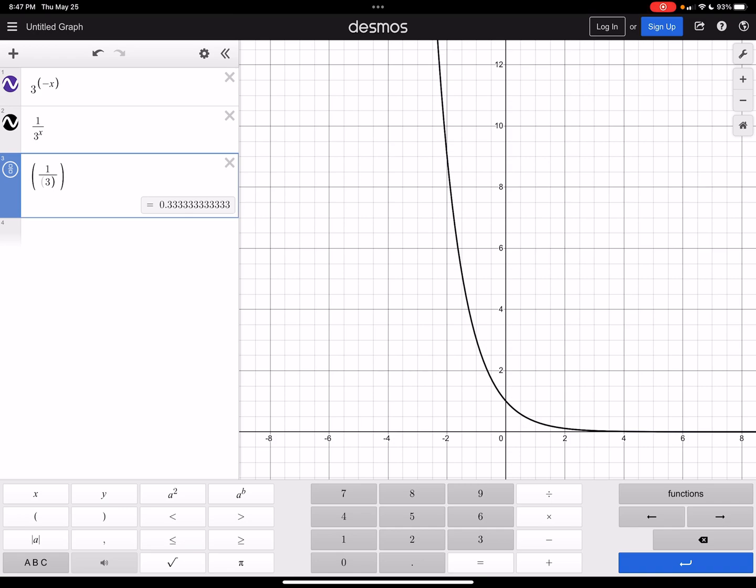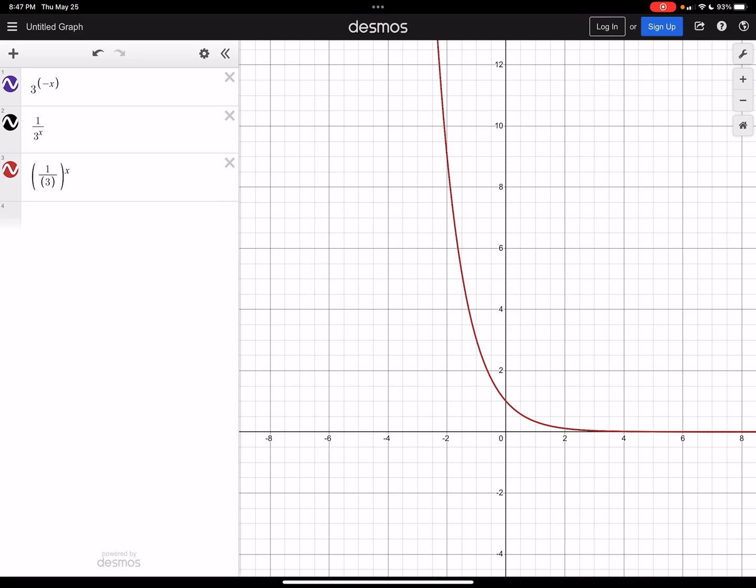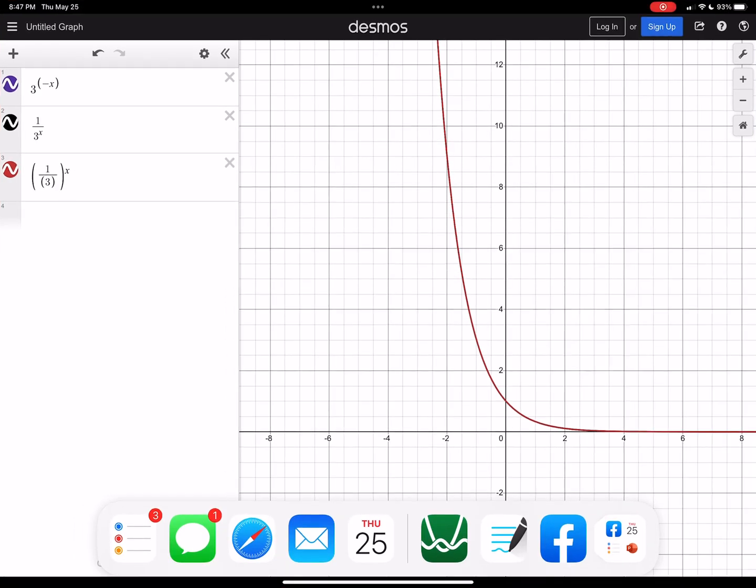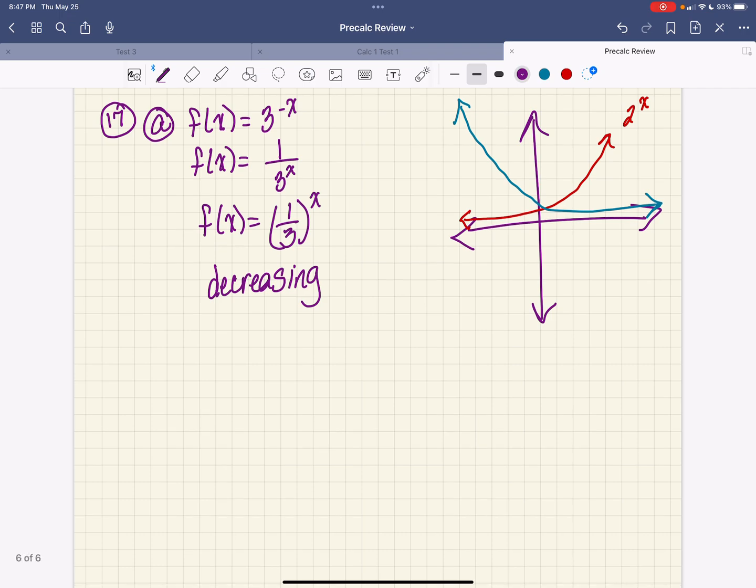There we go. Let's see if that works. I may have to get rid of that. There we go. Okay, so you could put them in any of these different ways. So it's okay to kind of remind ourselves what some of these functions look like, and that's okay. Okay, now the next one that we're going to look at to decide if it's increasing or decreasing